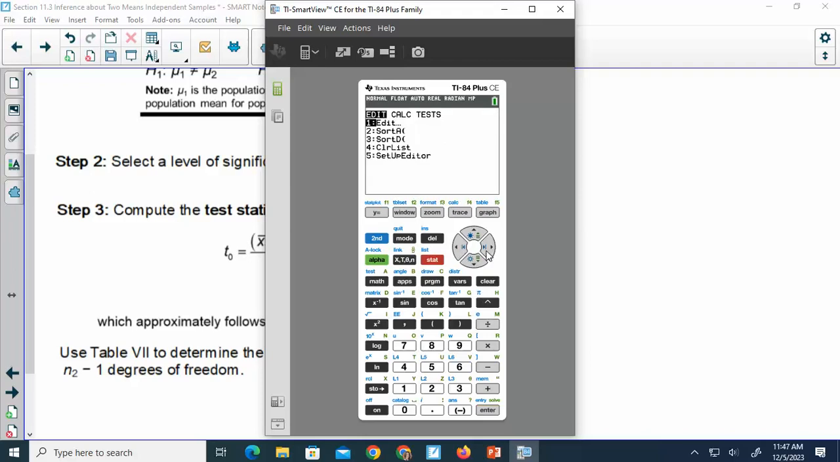Stat, calculate. Yeah, we could do two variable statistics. Just make our x L1, the y L2. Oh, it's not going to let us though because they don't have the same number. So we'll just have to do one at a time. So one variable statistics, let's do L1 first. Okay, so the mean of my first set